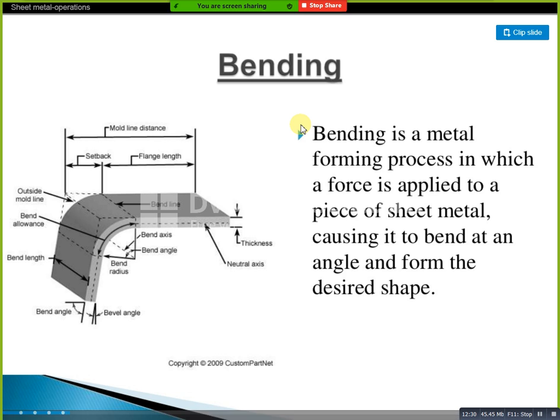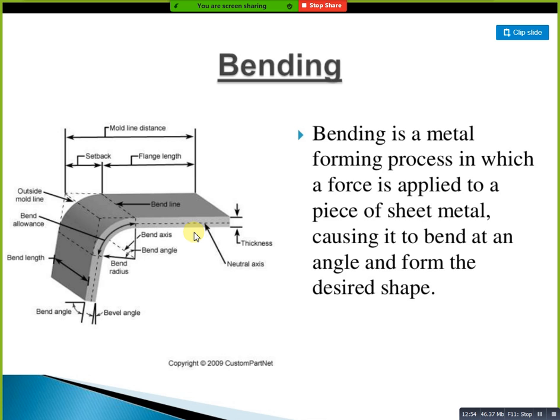This is for understanding purposes. Bending is also considered one of the forming processes, but if you compare it with forming, bending has low strength compared to forming. Why? We are applying a direct punch. Direct punching automatically decreases some properties compared to the forming condition. In forming we do the process step by step, but here in a bending machine we can bend at one time. That is the main difference.